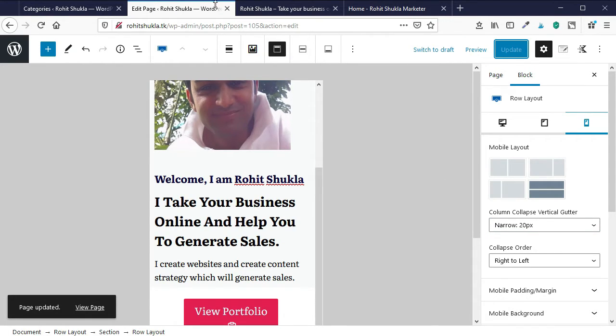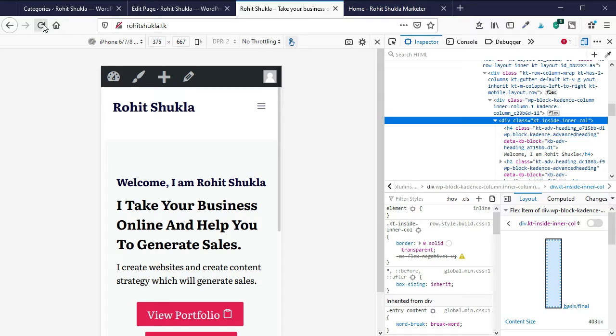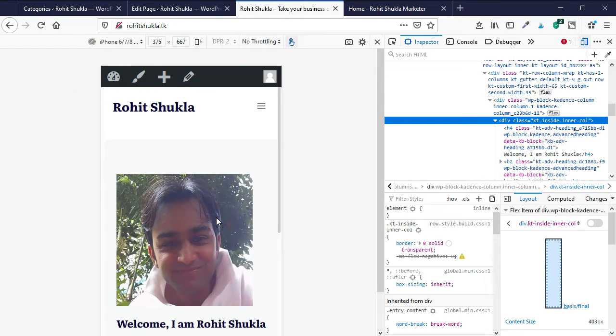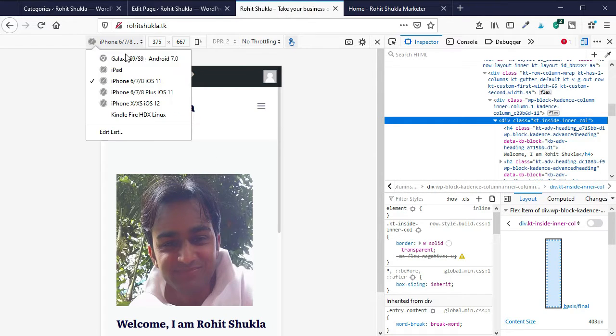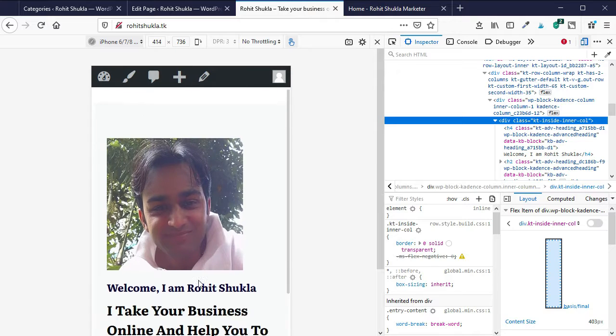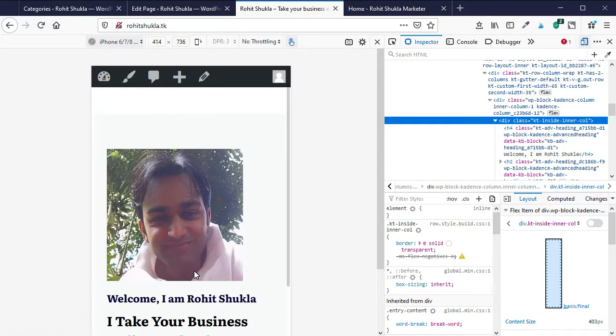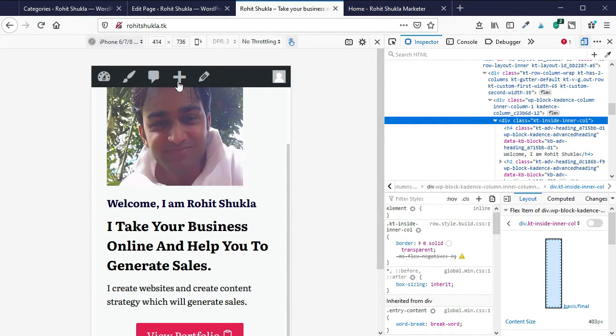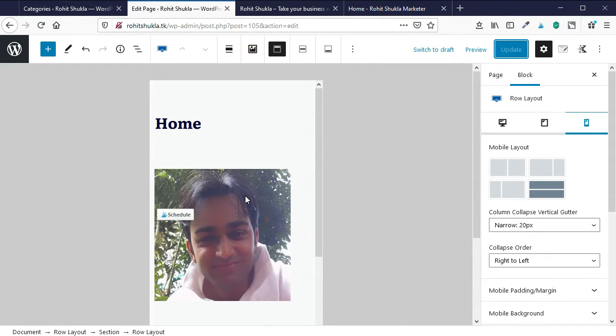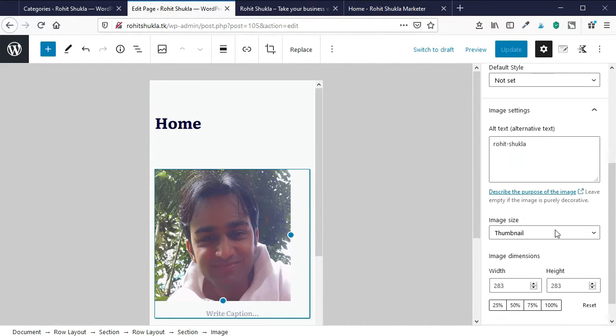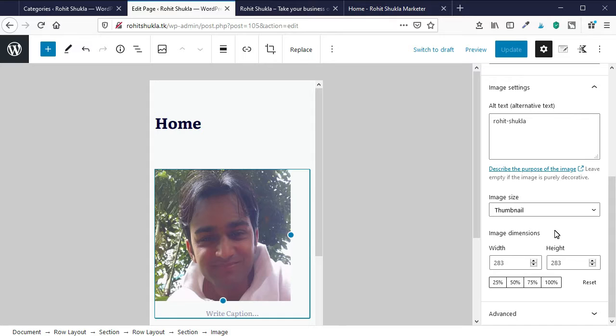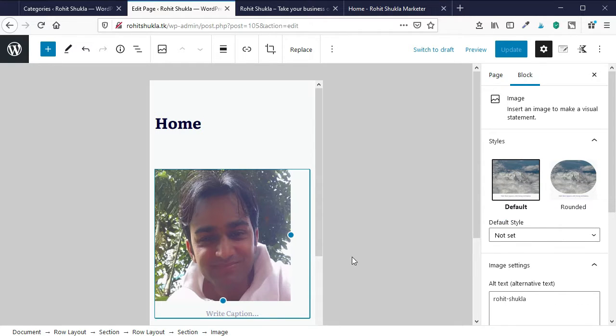Now let's see how it is looking on mobile. Now the text area is looking good. Now let's see on different mobile sizes how it is looking. Let's change some settings. Now we will try to center our image on the mobile itself.